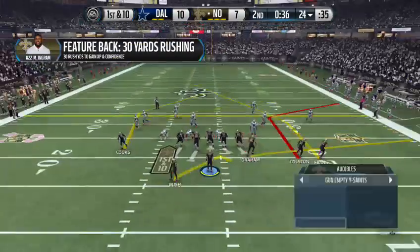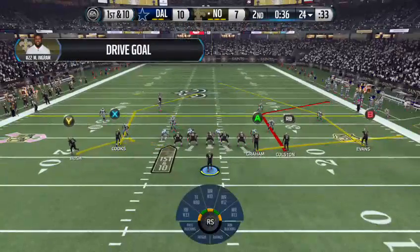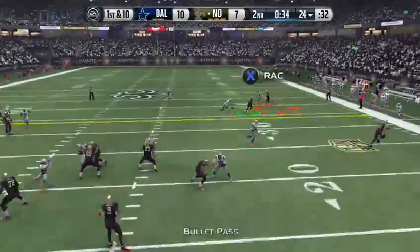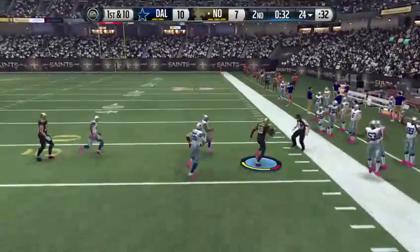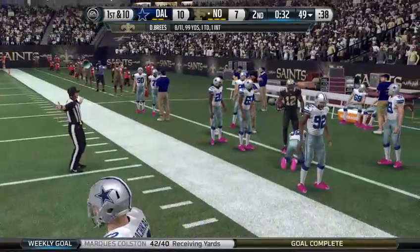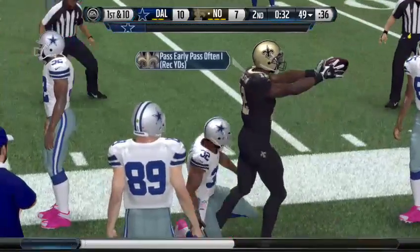They were successful on their previous drive, getting the ball all the way to the end zone. I'm sure they're looking for more of the same right now. Oh, absolutely. That's what you always want. You want to find your way to the end zone and celebrate on that last drive. 32 seconds remaining. You gotta give the coaches a lot of credit for